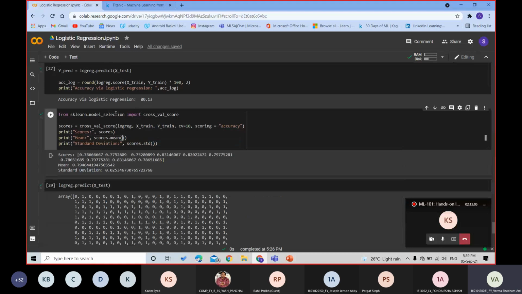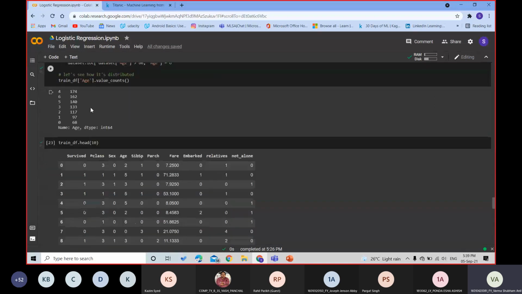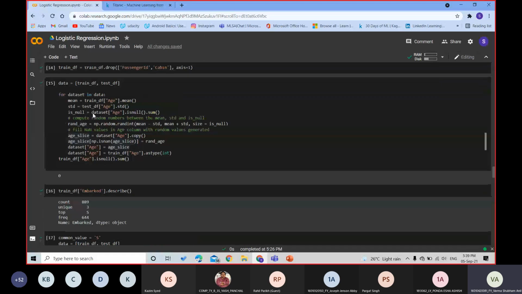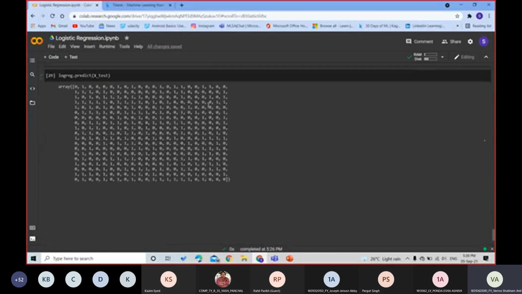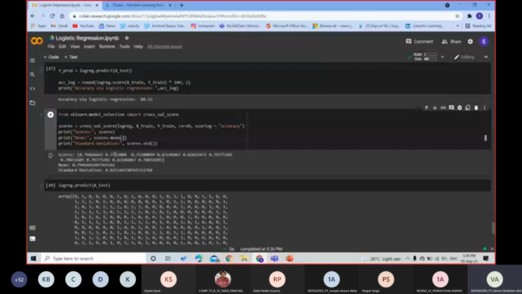So here you can see that I have generated a score. This is a predicted value, like the parameters that we used here. Just a minute, I will show the parameters to you. The parameters that we used here, how accurate they were with the real data set. So this is the array of that. We have the mean, approximately 80%. So that was how much our model was able to predict, and we have the standard deviation, how much our model deviated from the real model.